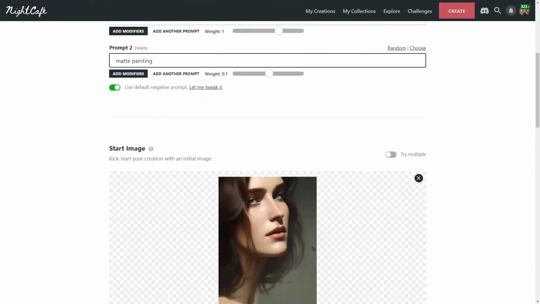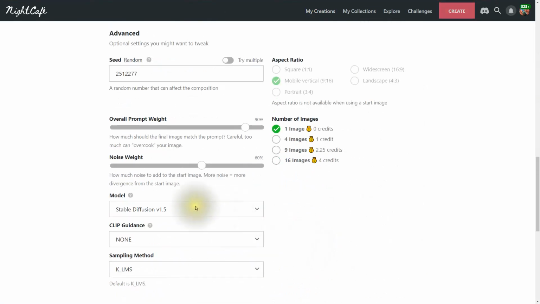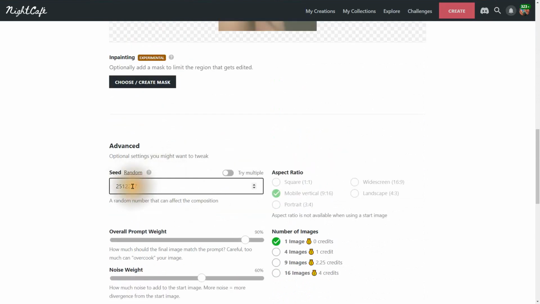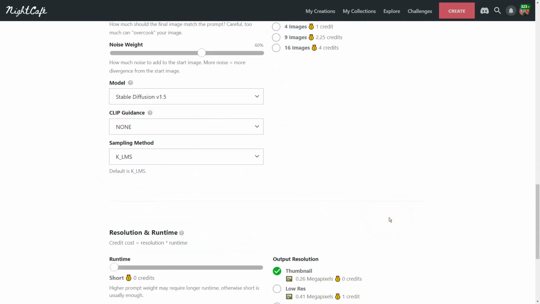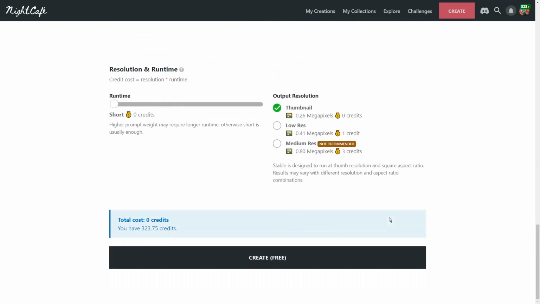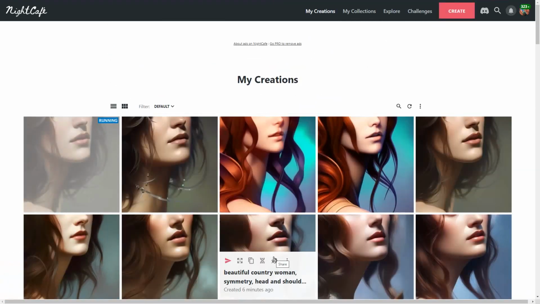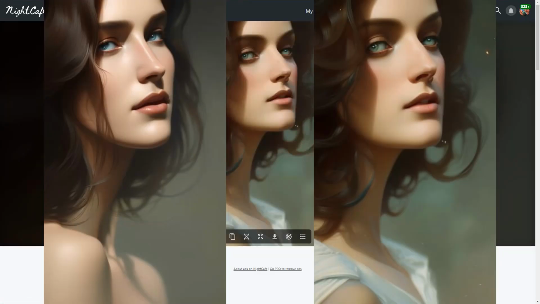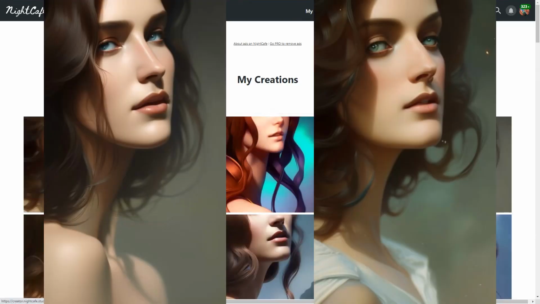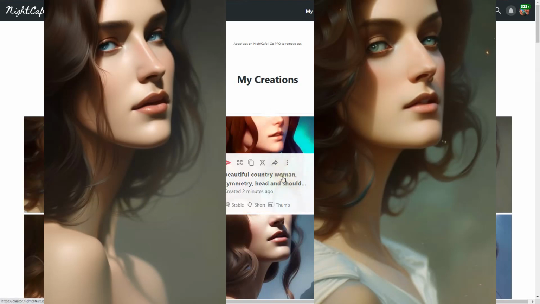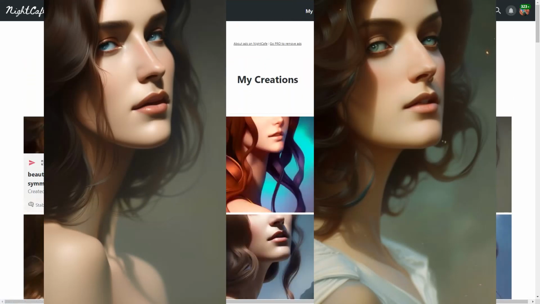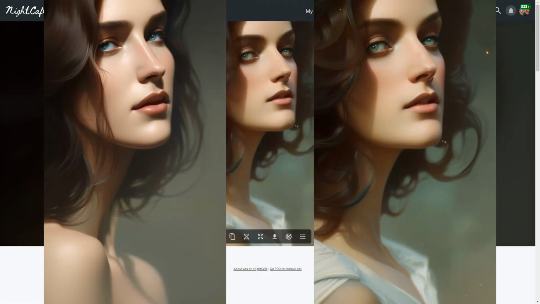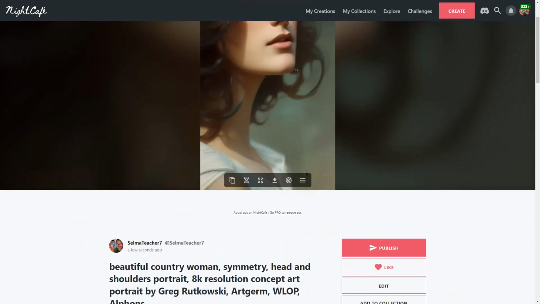Let's evolve this again. So that's 1.5, but we're going to change that seed over. You could change any number. Let's just choose 7 to see what happens on seed number 7. There's over 4 million, by the way. Let's see what happens now. There it is. So there's seed number 7. So you can see basically the same person, but done slightly different as we change that seed. And this is how you dial it in to get exactly what you want as far as a creation.